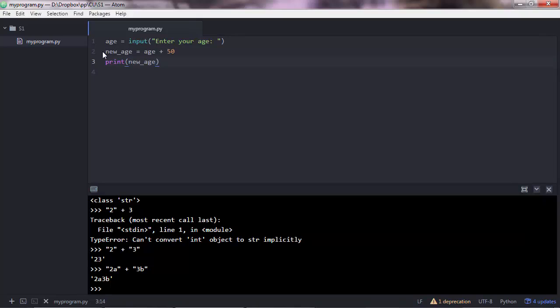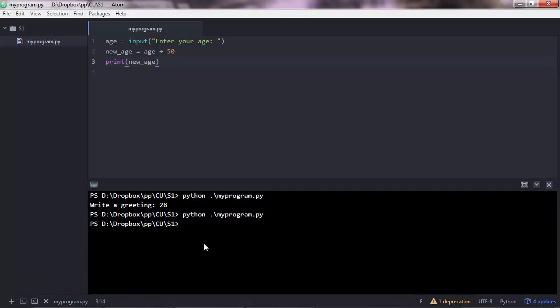Save the script, and let's go and execute this. We are going to get an error here, I warn you, but it's good that you see the errors that we get, because that's how you learn better. So python my program, execute. For now it's working fine, because what happens is Python executes a script line by line. So it goes to the first line, and if there is no error, it executes that line. And in this case we have an input function, so the program is on standby mode, so it expects the user to enter the input. And so let's enter the input here, let's say 28,